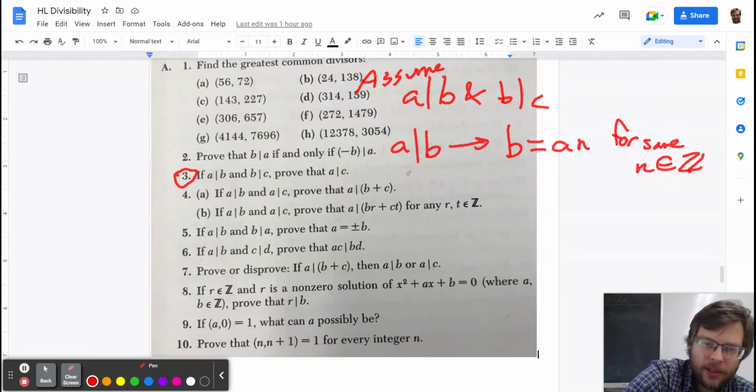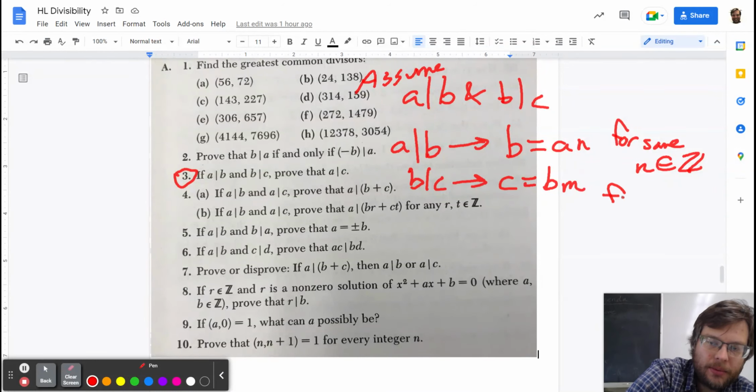And similarly, B divides C means that C is equal to BM. I'm going to use a different integer because there's no reason to assume that the same integer would work for